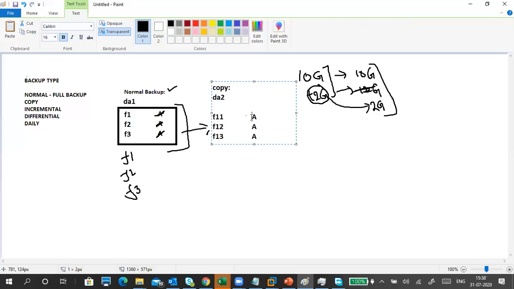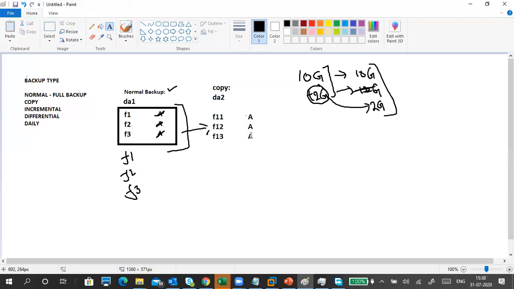Now it is quite easy to tell them apart, with no confusion. So these are my files, and now I want to do a copy backup.